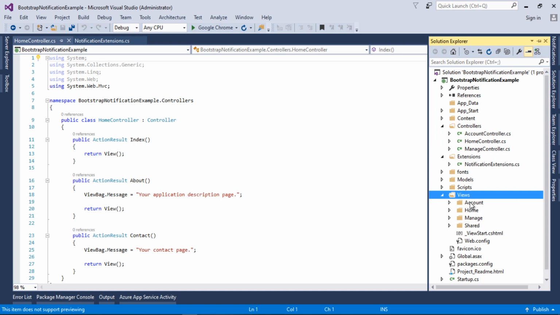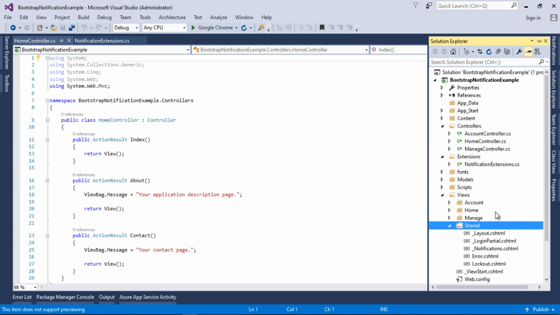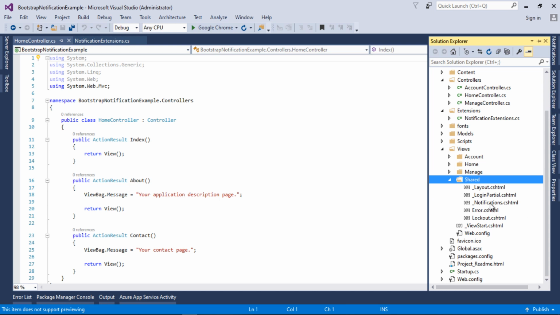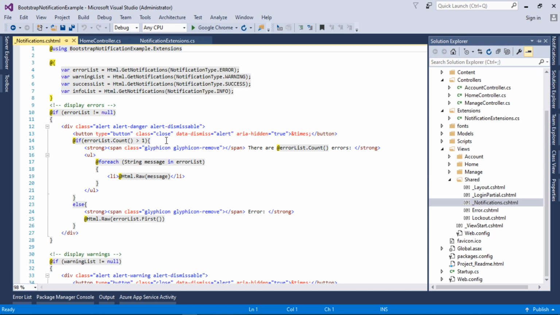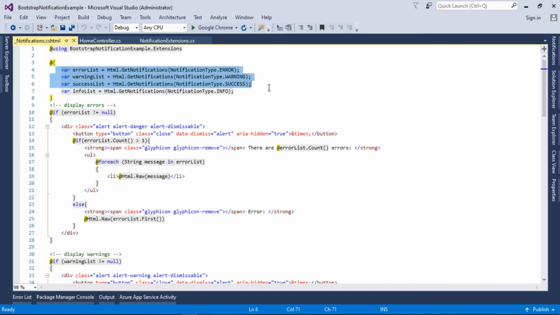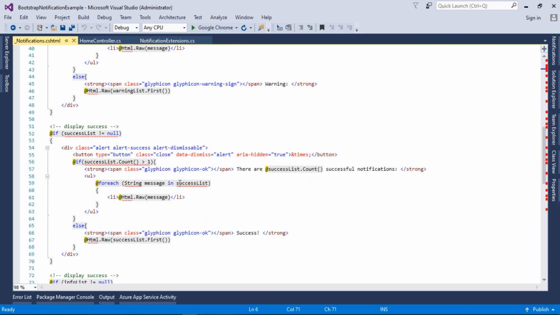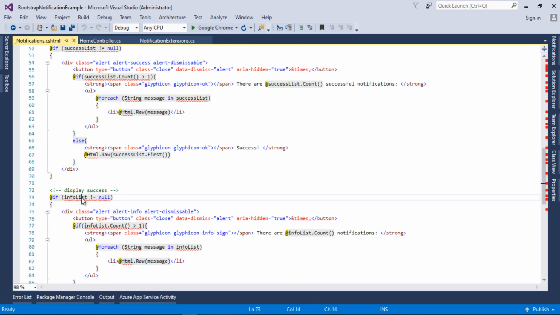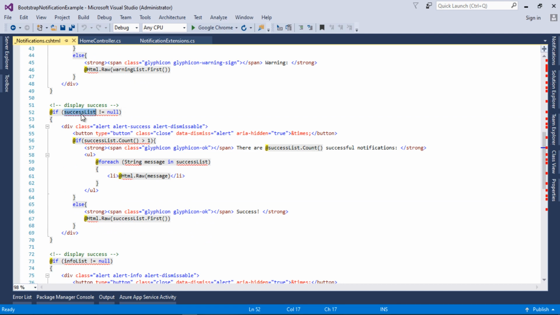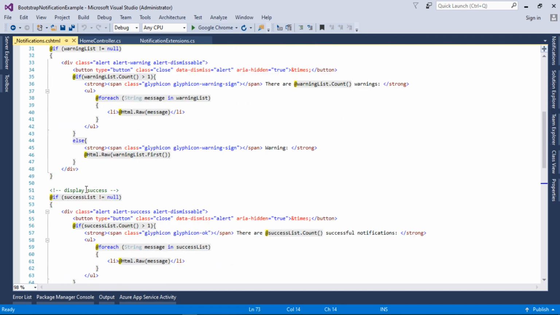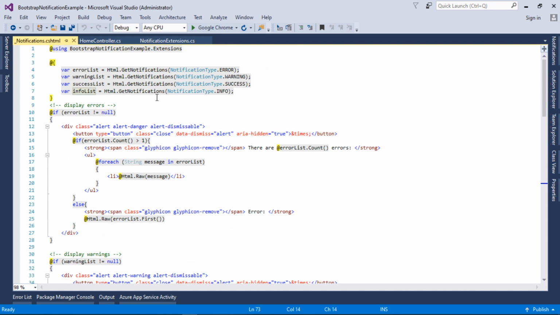Let me show you one other thing. When you go into the Views folder and the Shared folder, this is the partial view created by the package. This is the notifications partial view which is used to display the notification in our application. As you can see here, it has created some HTML helper which will render the Bootstrap notification according to our selection, whether success or info or any other type of notification that we pass from the controller.